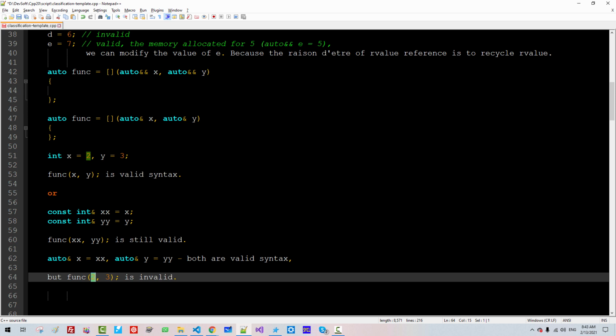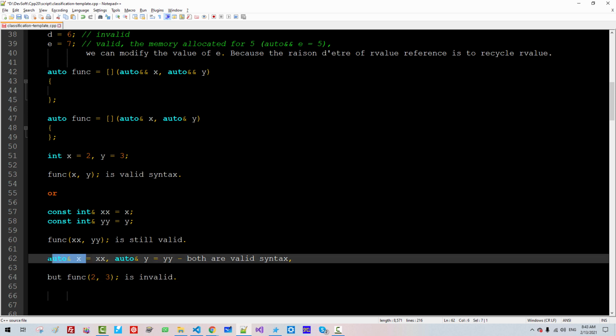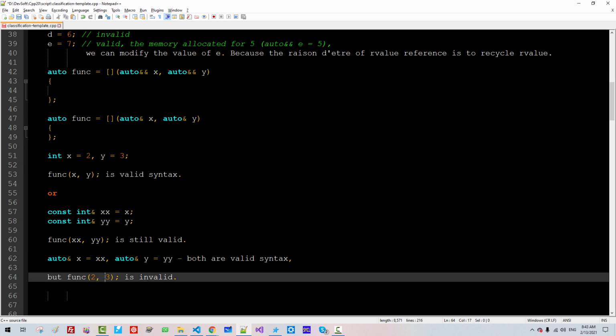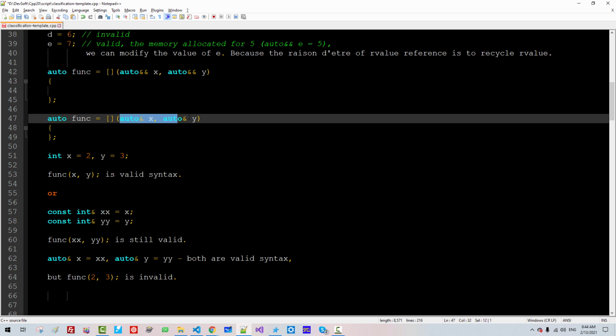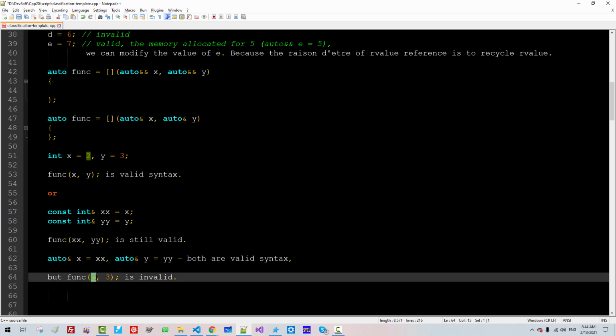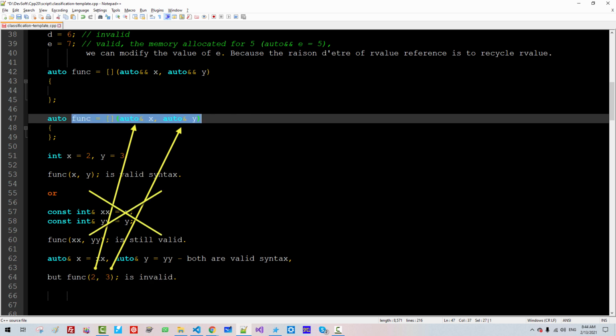Two cannot bind with this syntax. 3 cannot bind with this syntax. Here, we cannot pass pure R value 2, pure R value 3 to this function